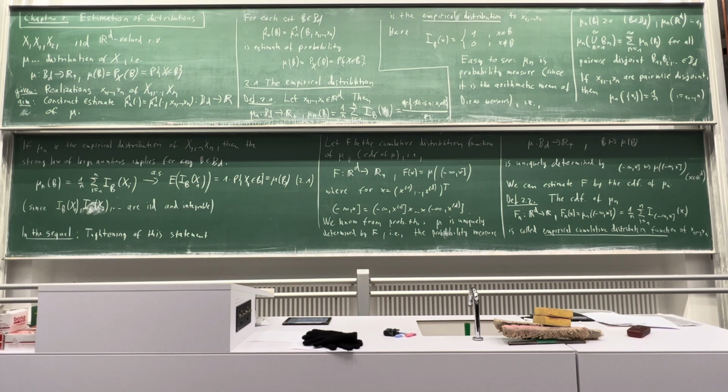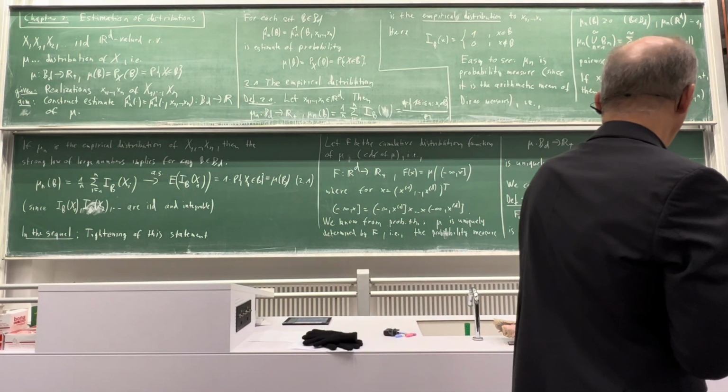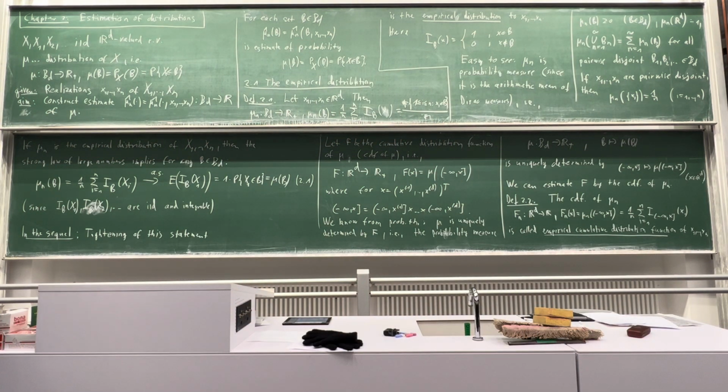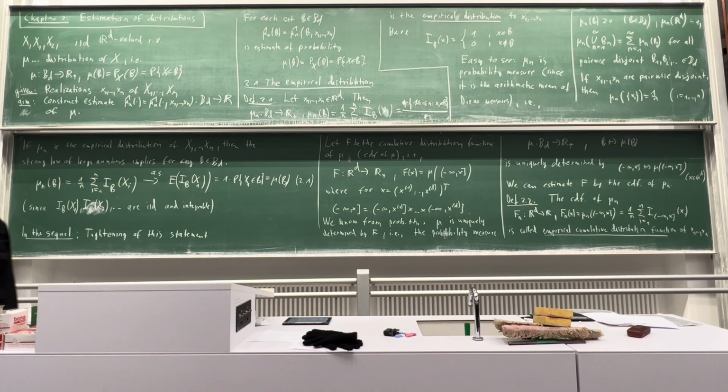And the first result, which we will look at in this lecture, is how good this estimate is. You see immediately from 2.1, if you plug in the interval from minus infinity to x, then this converges to mu of minus infinity to x. So pointwise, which means Fn of x converges to F of x almost surely. So you have a pointwise